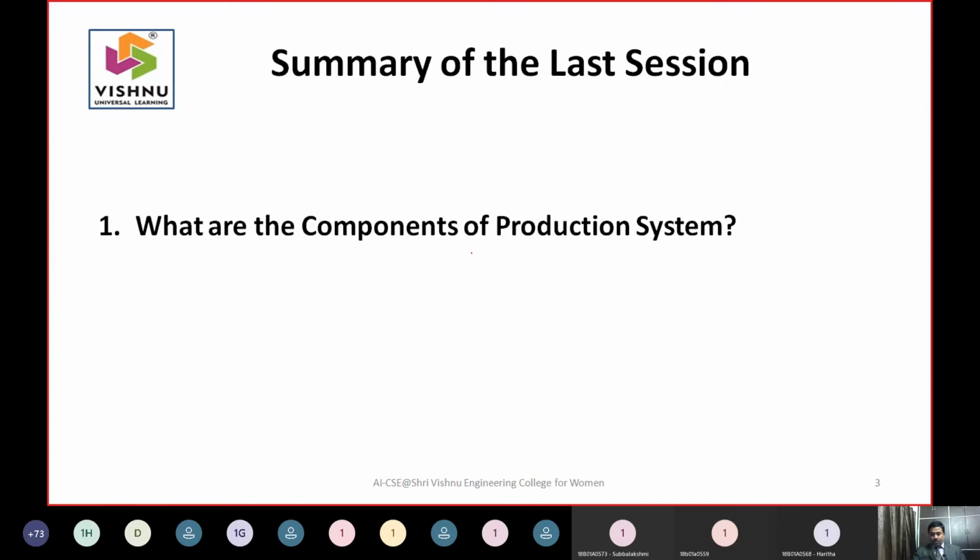See, how do you solve this water jug problem? When you need to design a production system, the first thing you need to do is identify the starting state. Yesterday I had done this. Then we need to identify the goal state, then the state space. Yesterday I told about the state space: when you are implementing a water jug problem, the state space will be the values of x and y. X represents the 4-gallon jug and y represents the 3-gallon jug.